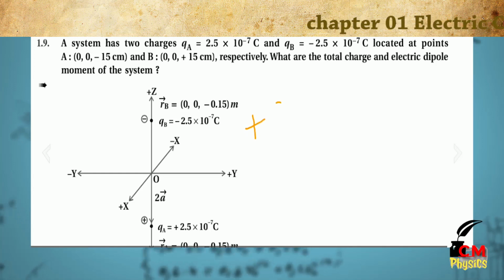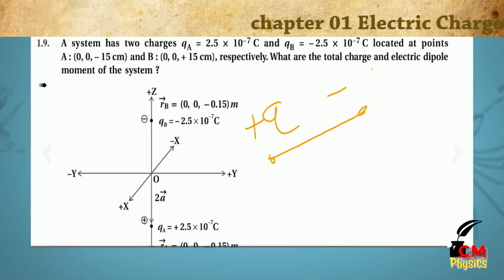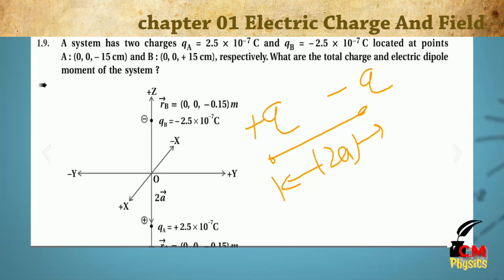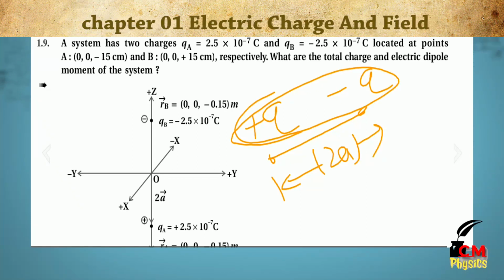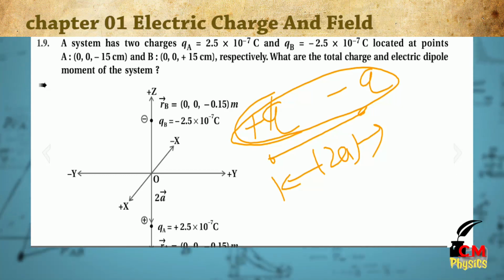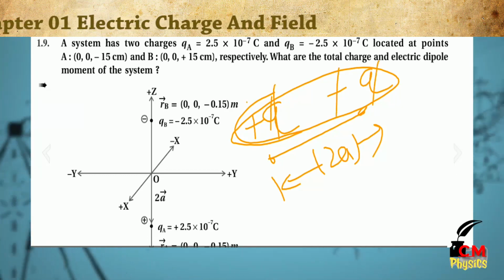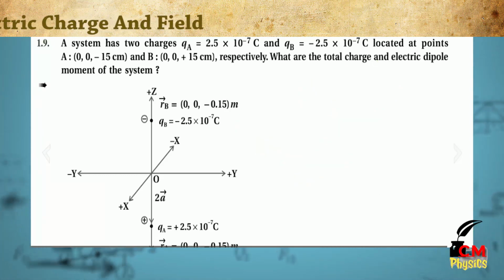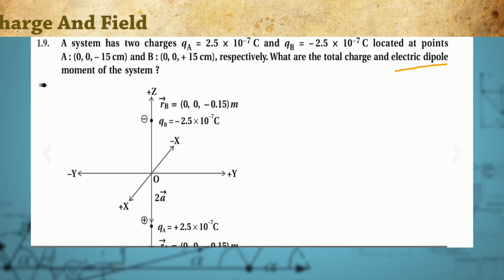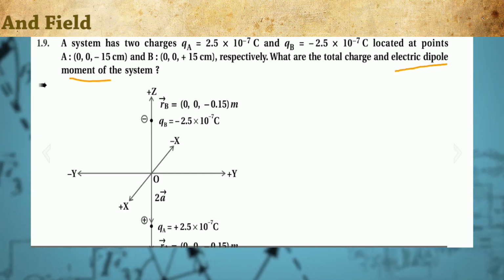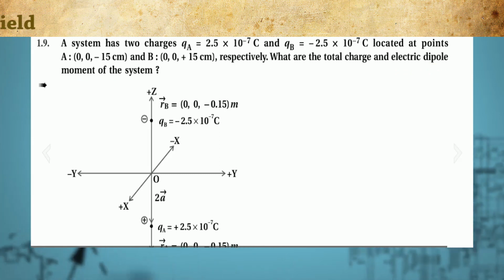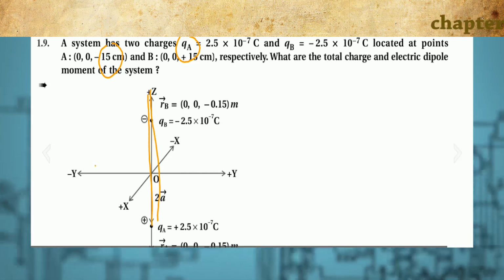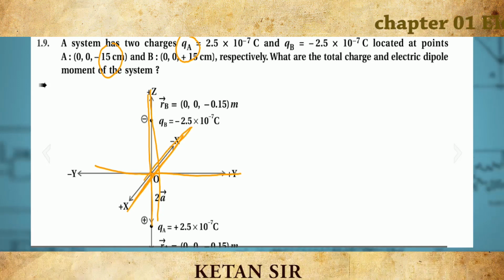Inside the electric dipole, one charge is plus q, another charge is minus q, that is the theory, and the distance between the two is 2a. Then the total charge on the electric dipole, one positive and another negative, both having the same magnitude but opposite in nature, therefore the total charge on the dipole is 0. Now, we want to calculate the electric dipole moment. From the figure, the charge A is placed at minus 15. Suppose this is your z axis, this one is the y axis and this one is the x axis.